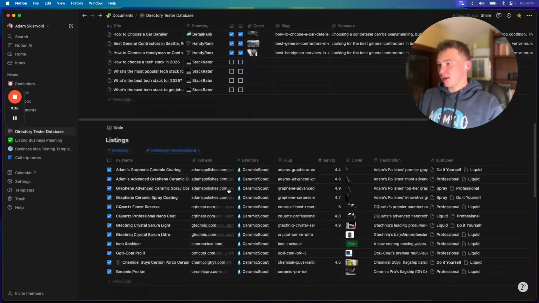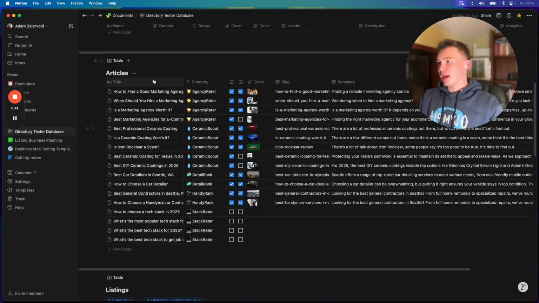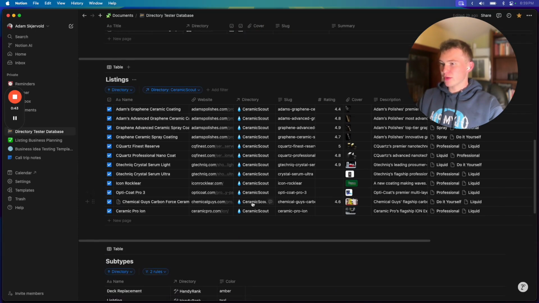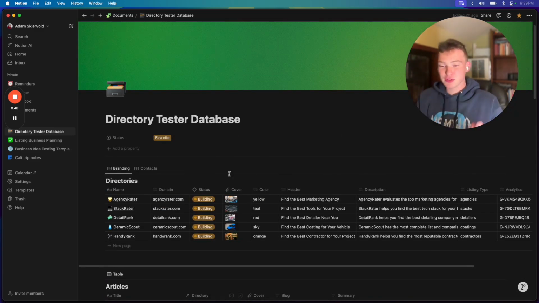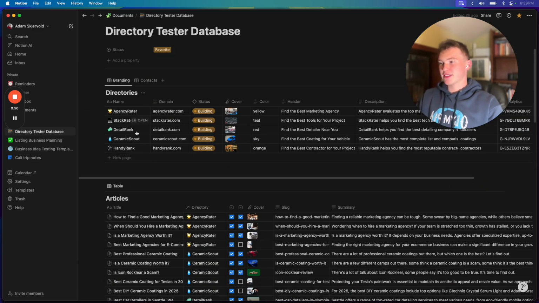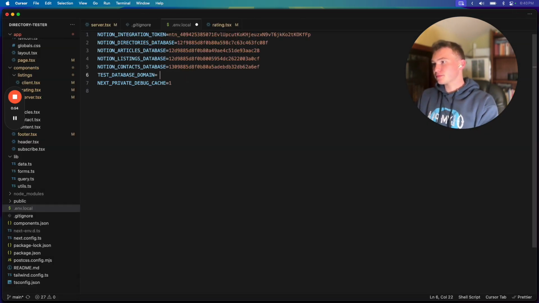And as we can see, some of this is filtered, but we have a few different directories, and we also have a few different articles for each directory, and then listings for each directory. And this is what I'm going to be able to use to test all of these different ideas by posting them around. So if I go into my code base here,